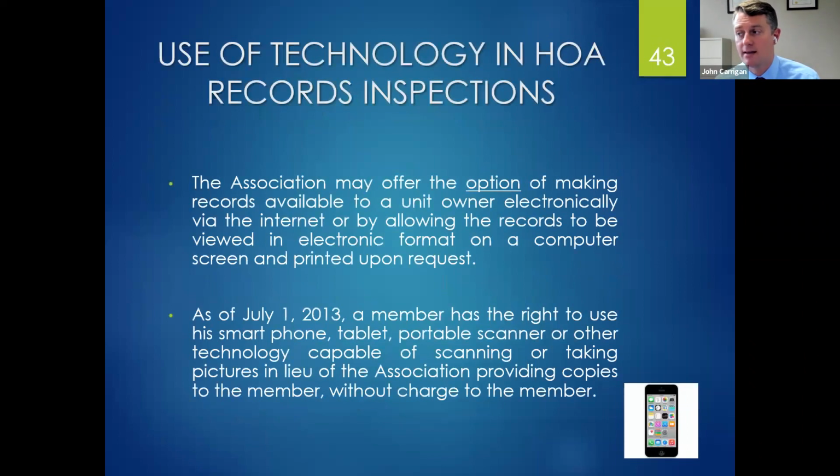The association can make the option for them to view them electronically. So a lot of times if I get a records request that's very particular, I want to see these cash flow statements or the audits for the past 3 years, in lieu of doing the whole rigmarole of you can come in and inspect and look at them, a lot of times if the client has it electronically available, you just email it to them. Save everyone some time. That's fine for a very particular request, but not really an option when they say all financial records for the past 7 years. At that point in time, we have to have an in-person records inspection